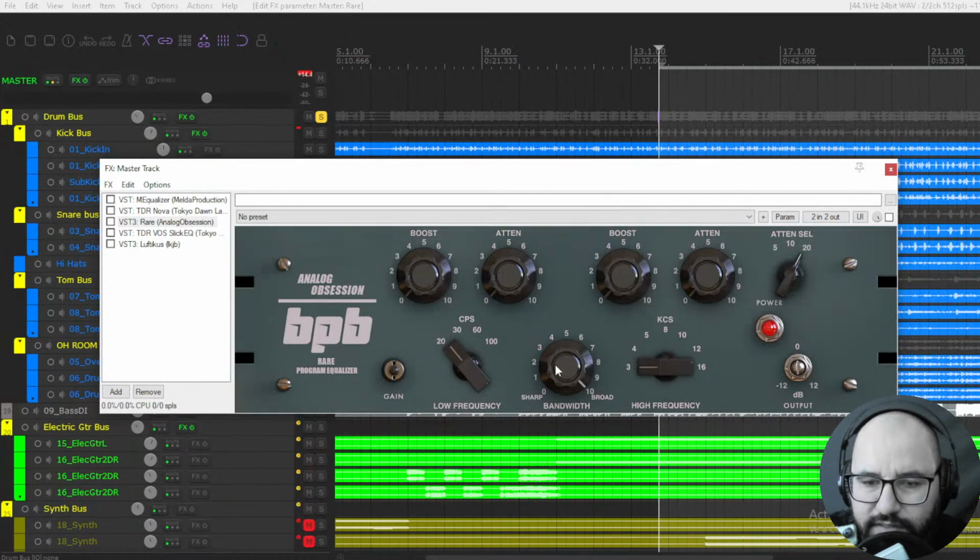All right, and this is the bandwidth, so it's a narrower Q curve, or broad, wider, right? So yeah, let's test the boost and the attenuate here on the drums, for instance, at 60 hertz to add some weight to the drums. So I'm gonna boost first.